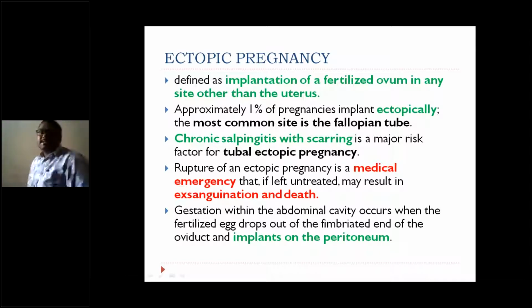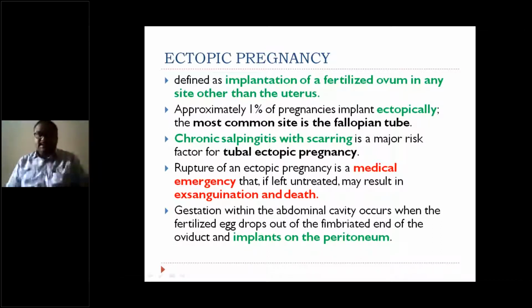Okay, so that's why a scan in the first trimester is recommended, to see whether the gestation is within the endometrial cavity or somewhere else. This is the reason for the scan in the first trimester. The second thing is to rule out Down syndrome. We can detect Down syndrome early in the first trimester scan. So if you detect any anomaly in the early trimester, we can do early termination. It is very difficult in the second or third trimester. That's the reason why we advise a scan in the first trimester.